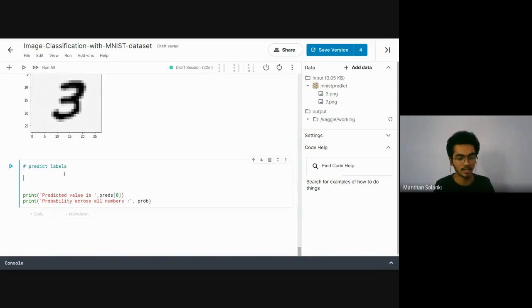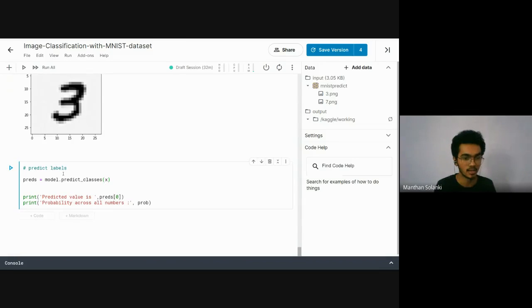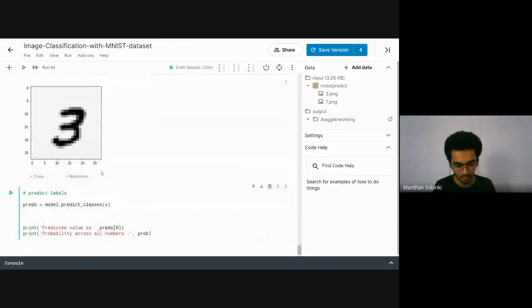So here I can simply write prediction is equal to model.predict_classes of x, because this time my image is x, and then probabilities is equal to model.predict_proba of x.